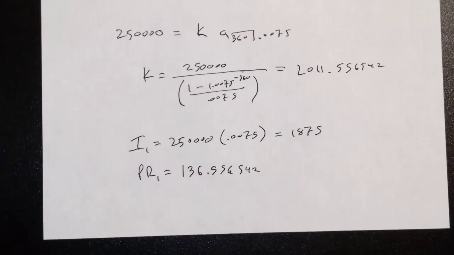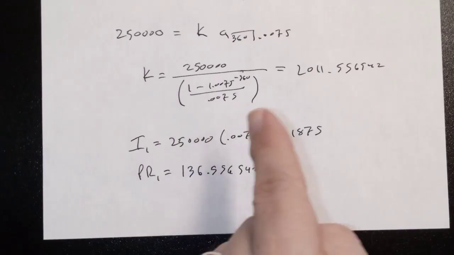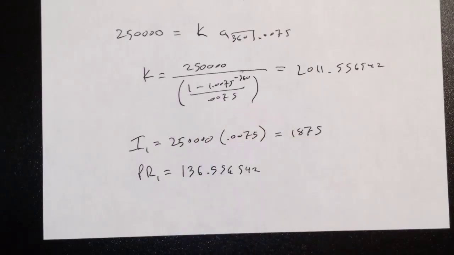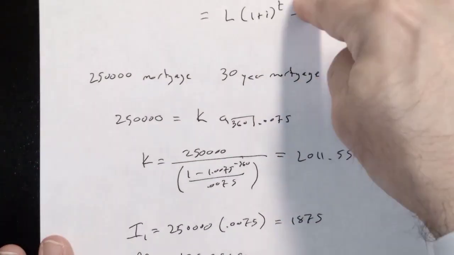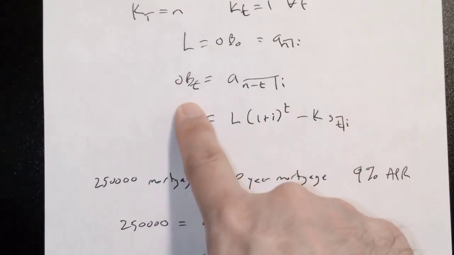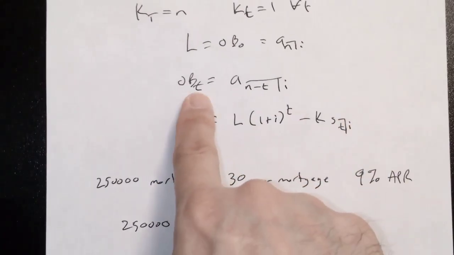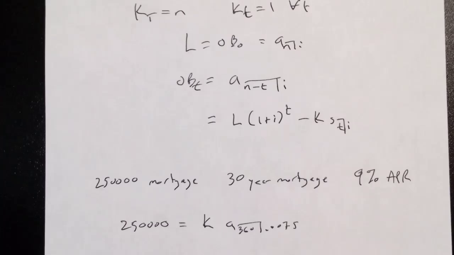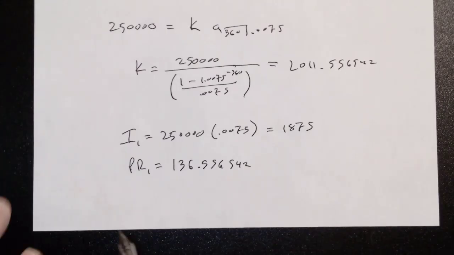Now, the question in the book actually asks, how much will I have paid in a year? After a full year of making $2,000 payments, I will have paid $24,000 to the bank. How much will I owe? Well, I can go directly here. There's my outstanding balance at time t. I want to use 12. My payment is this number. What I really need is this. The outstanding balance at time 12